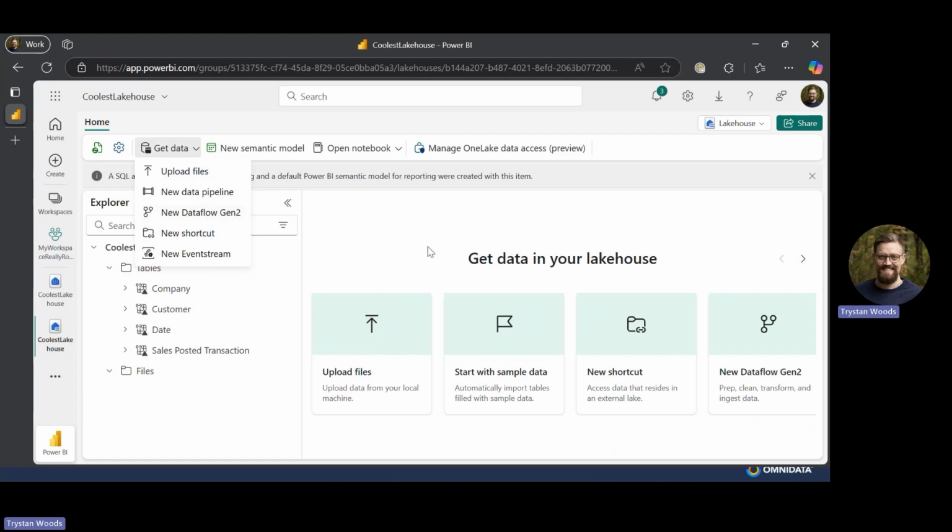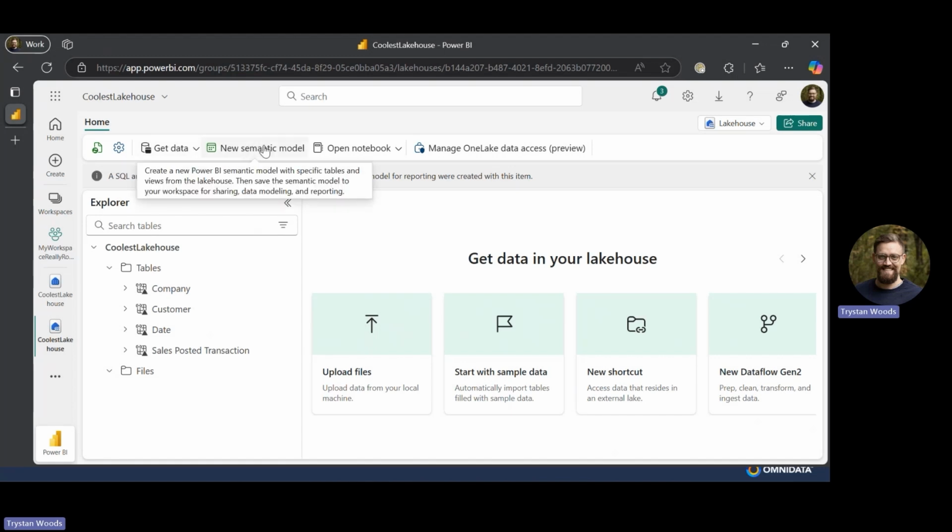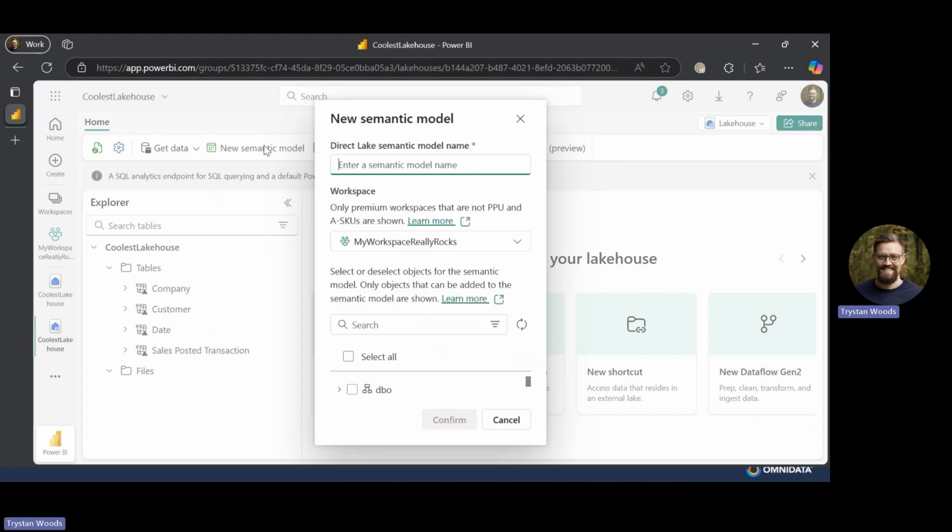You could transform it and then publish it as a table in your Lakehouse. That might not make a whole lot of sense, but basically you have access to grab both structured and unstructured data, and you have sort of mechanisms for cleansing it, shaping it so that you can use it for your purposes. But once you've done that, then you can create a semantic model, and we'll call this